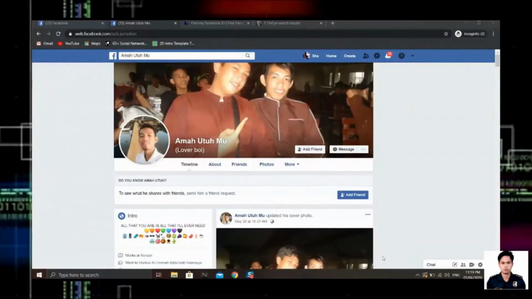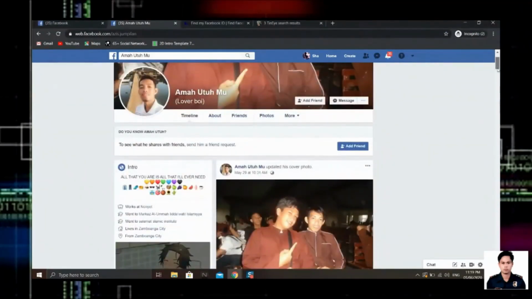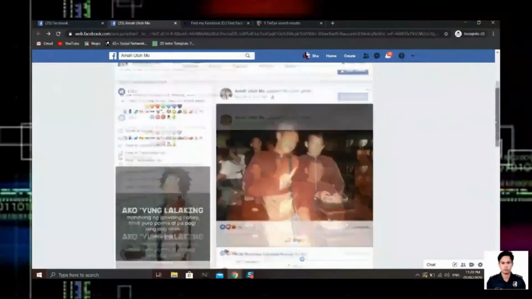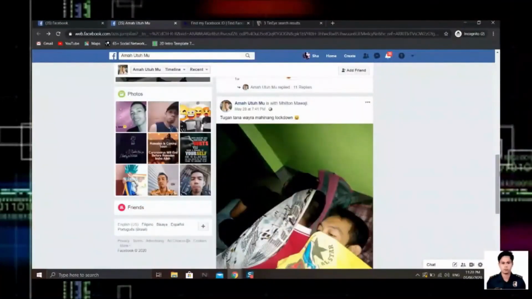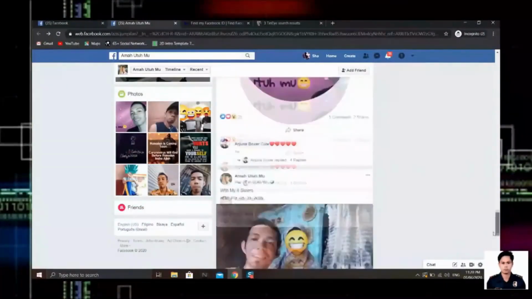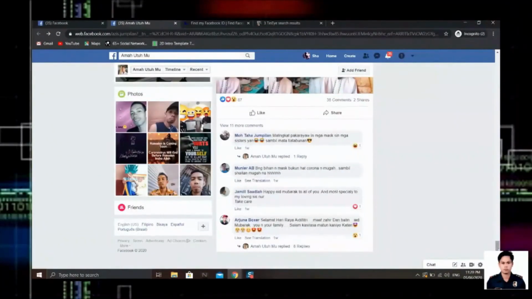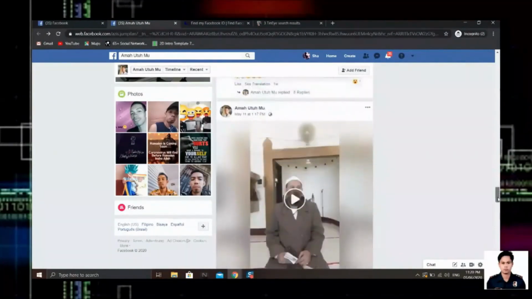Now I will be teaching you a convenient way of saving a person's Facebook account offline. So even if he has already deleted or deactivated his account, as long as you are able to save his images, then you'll still be able to review. So you'll just have to scroll down the subject's account to see everything that he has posted in his timeline. And from there, once you're finished scrolling everything,